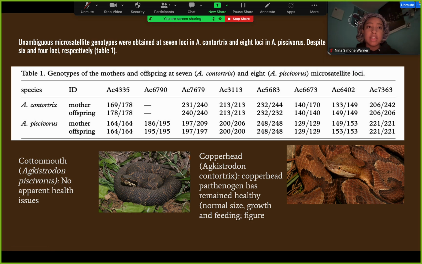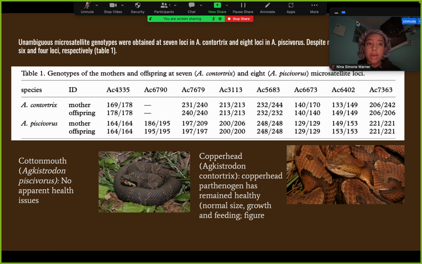And this is just an example of what I was talking about earlier about homozygosity across all microsatellite loci. So there are 8 loci for the cottonmouth and 7 for the copperhead that are indicating homozygosity across all loci. And as you can see here, the offspring and the mother have a lot of things in common across all genotypes, and that's usually something that's very common in